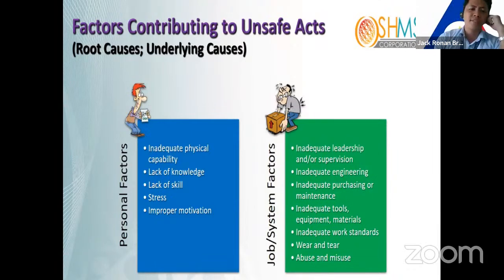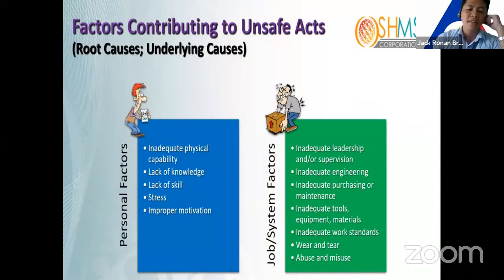So let us discuss first yung lack of knowledge and lack of skill. Let's say yung tao, the person who is working, has no sufficient training on how to operate a particular machinery. If that is present, it could lead to an unsafe act. And an unsafe act could lead into an accident.